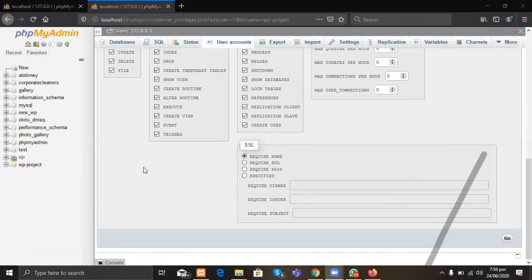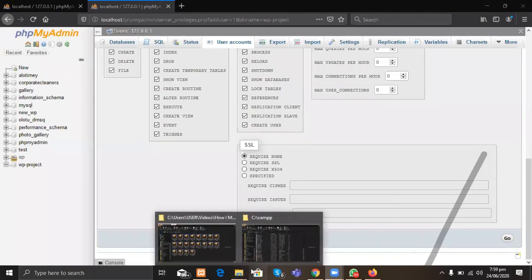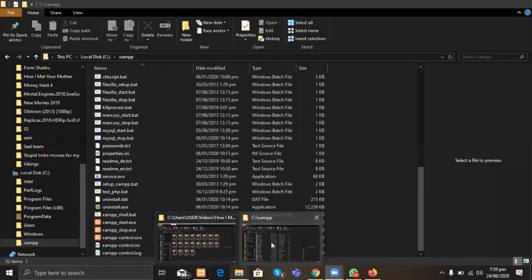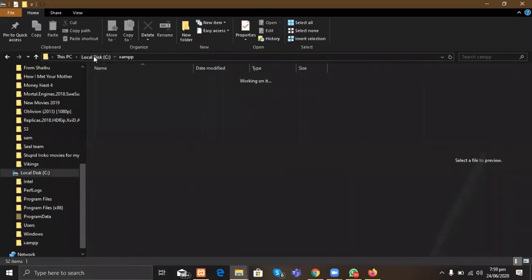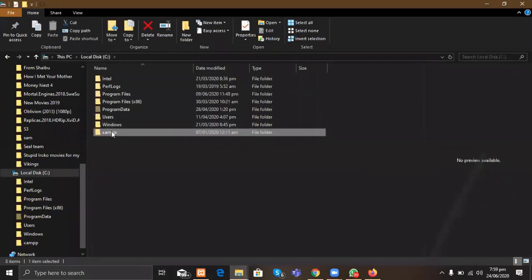All right. Let's continue. Now, after you've created your user, let's go ahead and do the interesting stuff. Just go back to your XAMPP folder. This XAMPP folder right here. When you get to your XAMPP folder,